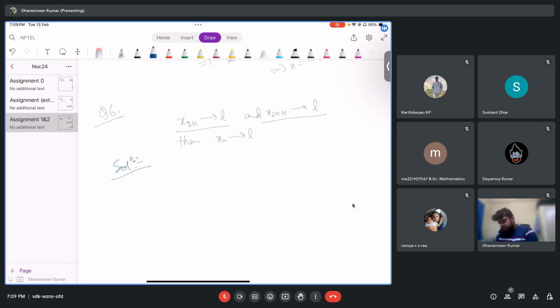So I'll show this to you, how it's done. The statement, and then for the converse I will tell you something more general. Okay, so let's say again, for epsilon greater than 0 there exists n1 in natural numbers such that for all n